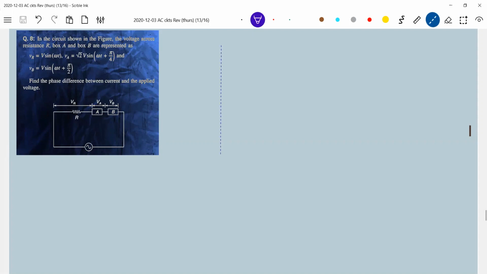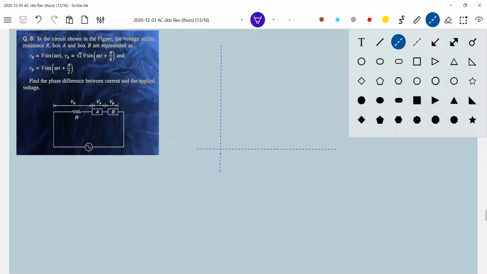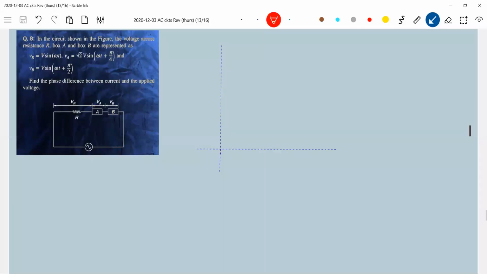We can do it easily. So what is the phase angle? VR is equal to V. I'll start with the vectors. VR equal to V. Then VA is